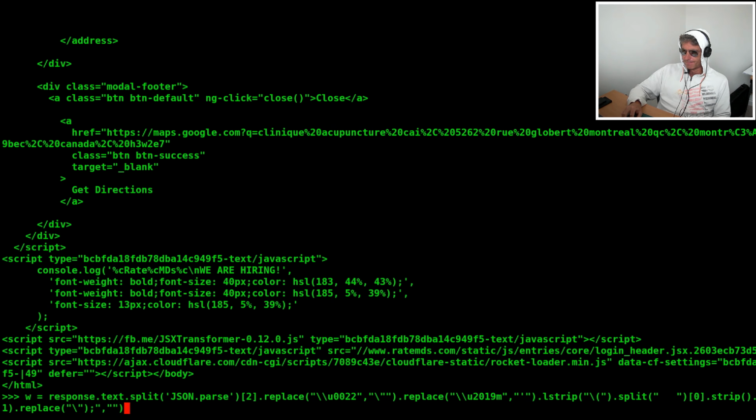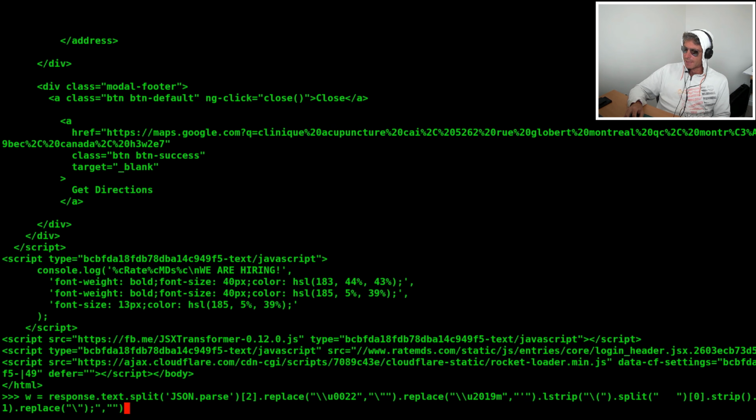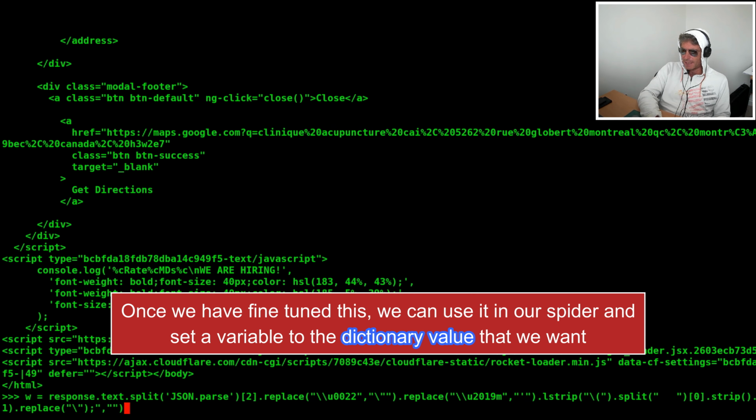I'm going to replace all the 2019 M's. I'm going to strip out the backslashes, blah, blah, blah. There's a big space after, and I need to make sure that I don't include any of that, because that won't be part of the JSON object. So strip and some more replace. This has taken me a bit of time, and it would have made a very boring video, but let's run it.